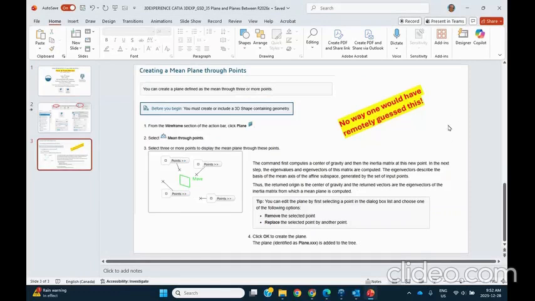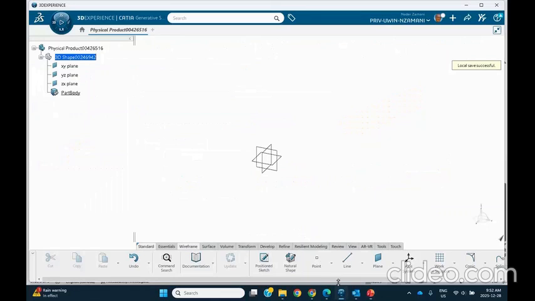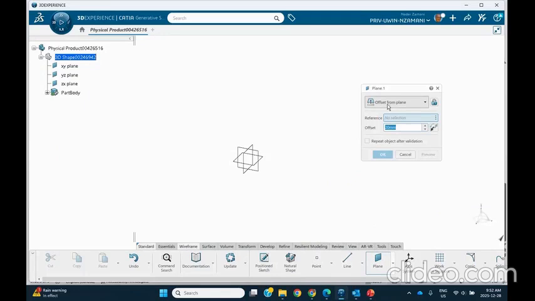All right, so let's go ahead and go to generative shape design, and let me try to create a plane. Okay. Now, first of all, offset from a plane is fairly straightforward. So what that means is that select any plane that you want. Doesn't have to be these. It can be any planar face, for example, or a planar surface, or any plane. You select it, and what it does, it creates a plane parallel to that with a distance, in this case